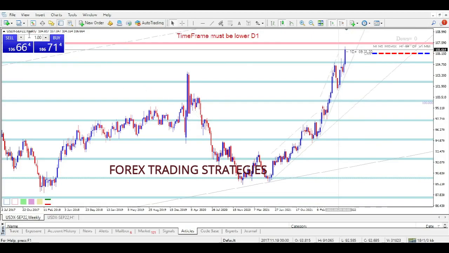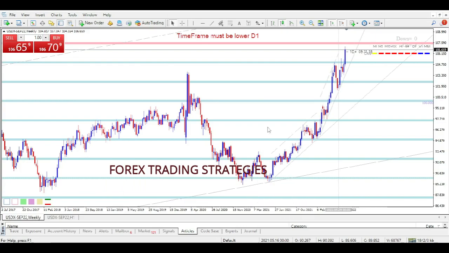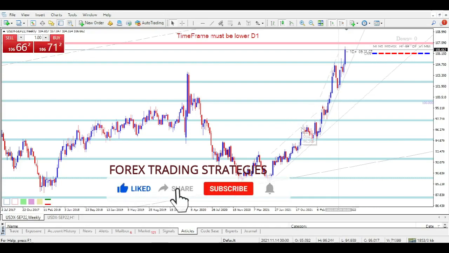And here I'm just using the dollar index. You can use whatever currency pair or instrument that you are trading. I think where you want to start is on the weekly or the daily, but you can start on the weekly. We don't trade the weekly